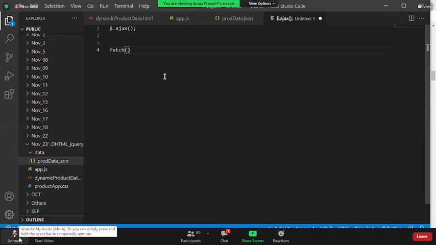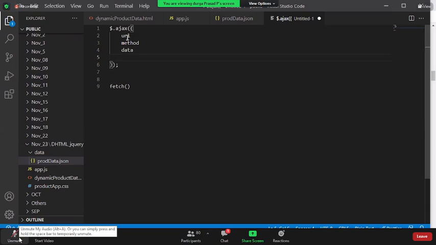jQuery is already giving one of the methods. We are making use of it. So now what these guys are saying is, you specify an object to me. Under that object, you need to specify a lot of things here. What are those? You need to specify the web service URL, the URL to which I need to hit and I need to receive the data. You need to specify the method, I mean, whether I need to go with a GET communication or a POST communication. You need to specify the data.